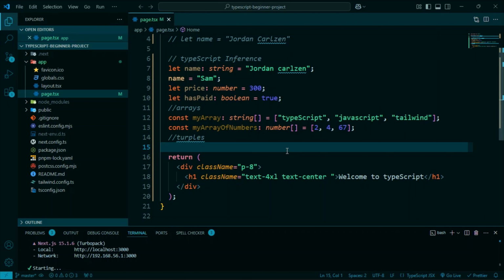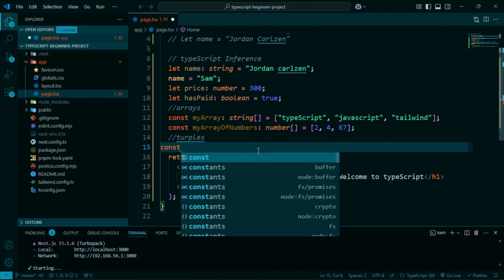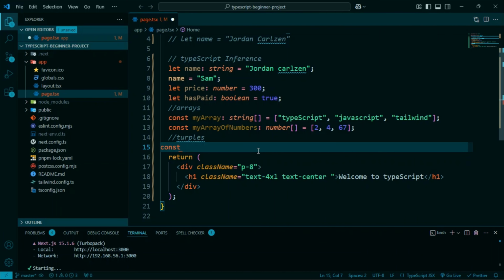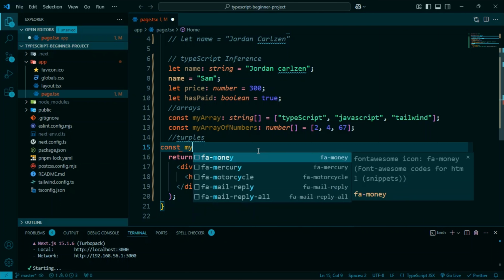These are fixed length arrays with specific element types at each position. So to illustrate this, I can say const, name it my array2,